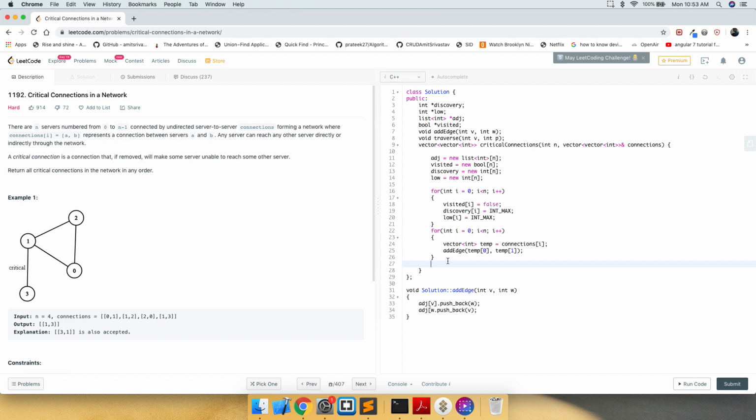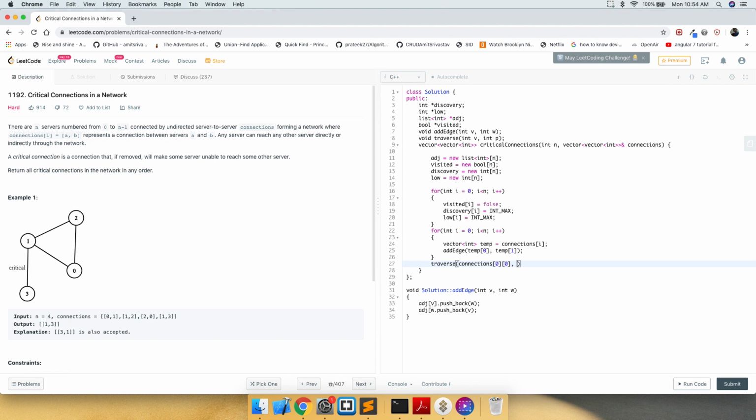And once we are done with this, we are going to call traverse, and we can start with any of the vertices. So let's just start with 0.